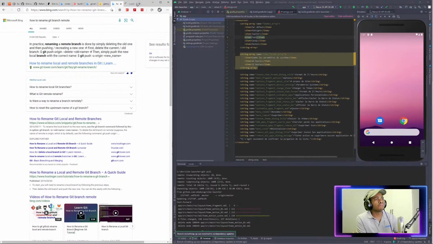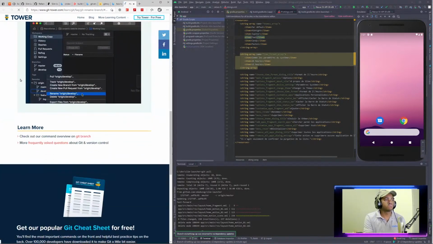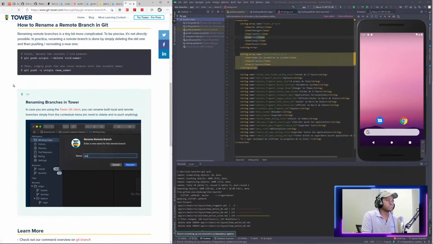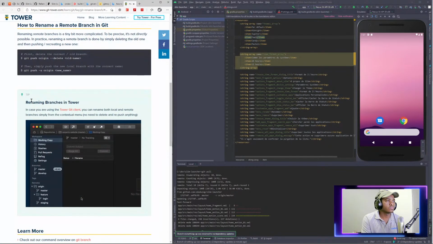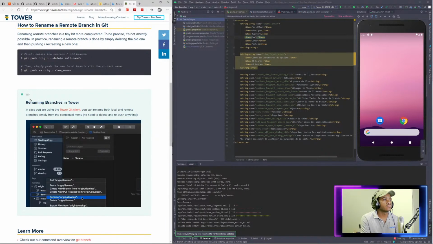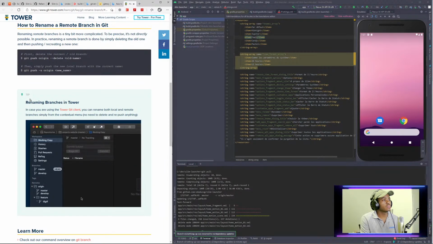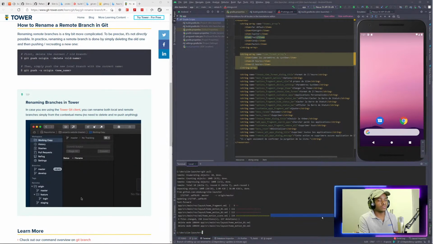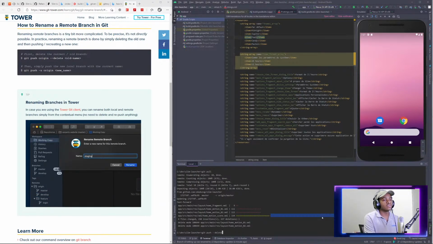How to rename? Okay, let's do that. I forgot. Oh yeah, I remember now. Git push delete